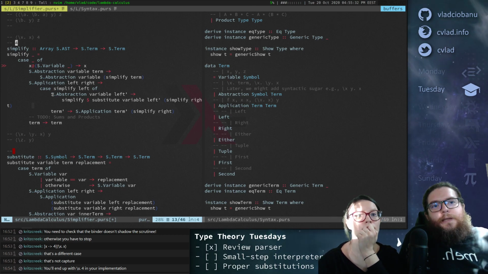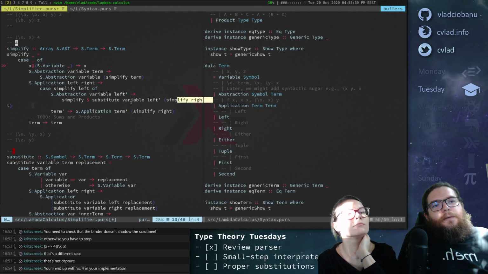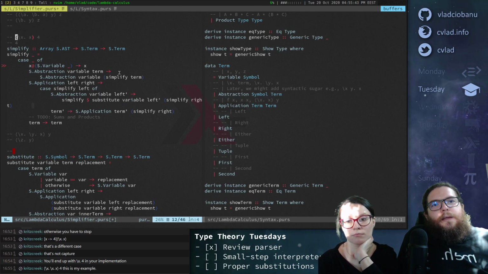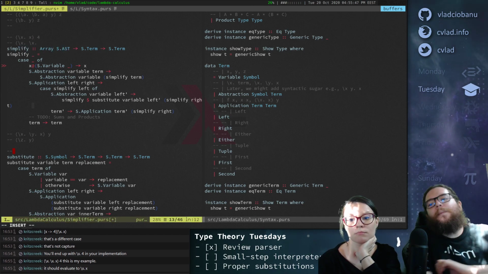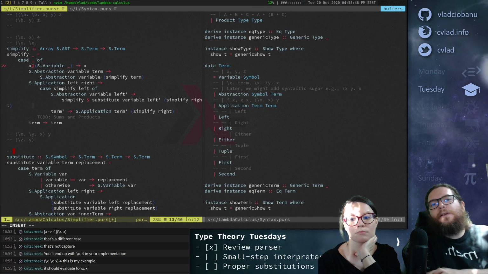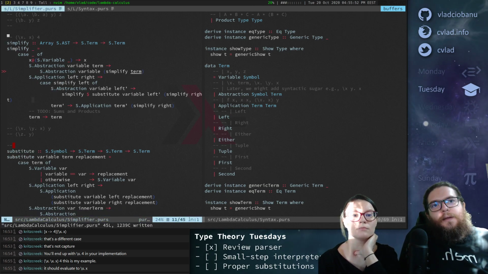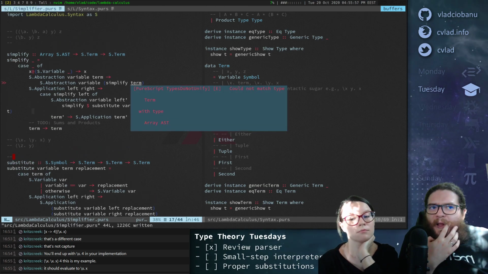Because here we pattern match an abstraction, but we don't create an abstraction. We just create the left, where we substitute the right with variable. Okay, let me look at that example. That's lambda x dot lambda x. Oh, okay, yeah, but we said that that's not allowed, or actually we accept that that's a problem for now. What's the problem here?